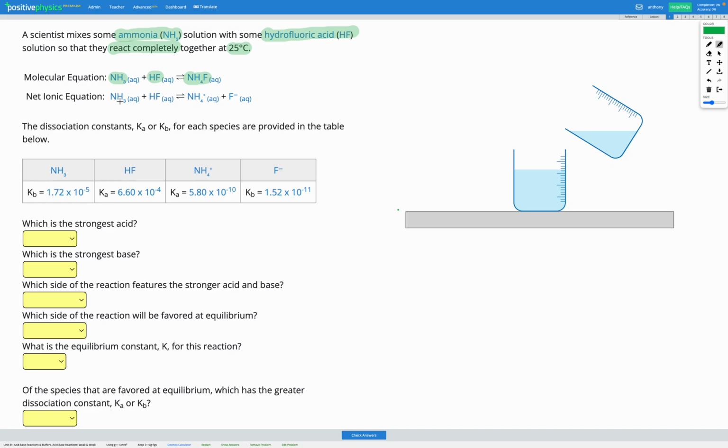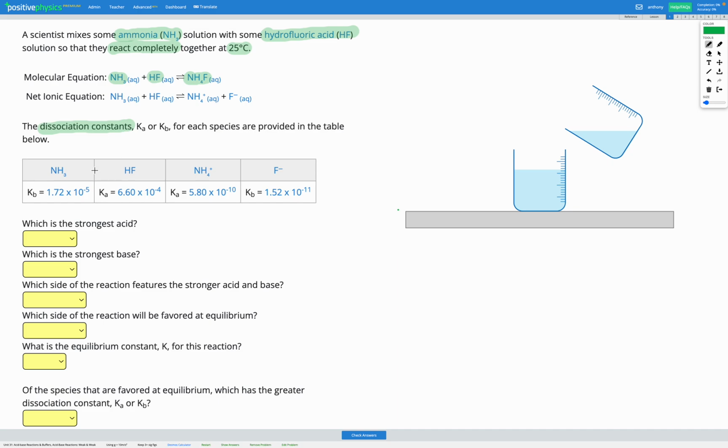We can see what's happening in terms of our net ionic equation. Everything from the molecular equation is also shown in the net ionic equation, except the salt that we produce is shown as its separate ions. We've also been provided with the dissociation constants, Ka or Kb, for each species provided in the table. So let's just go ahead and figure out what's our acid and our base, and what's our conjugate base and